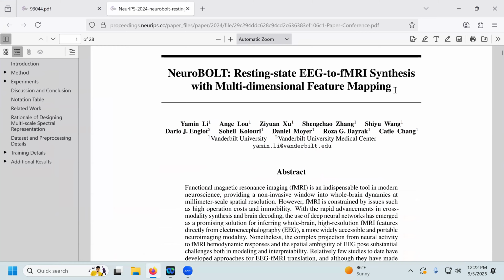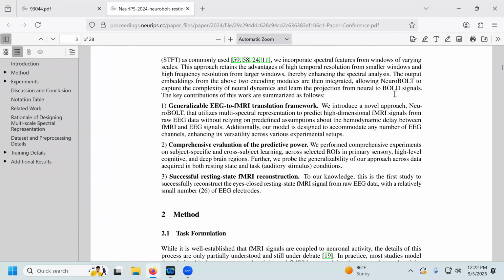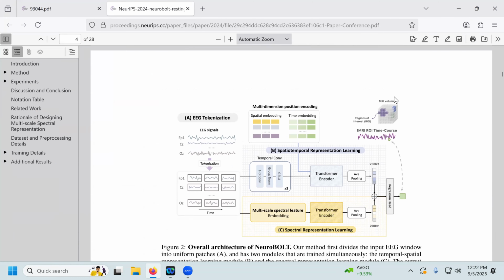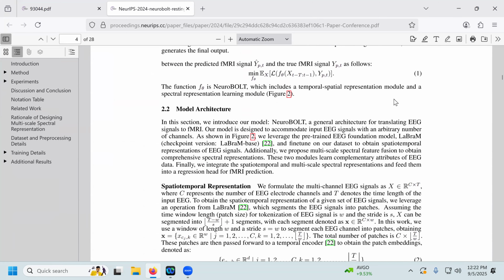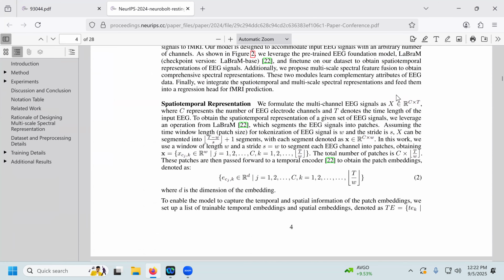Okay. All right, so let's take a look at the paper and fill in any detail that I missed from my glossing over. Okay. All right, so yeah, the spatial temporal representation I think is interesting, right? So they just have the EEG signal, channels by time, nothing super complicated. Yeah, so window size and stride.